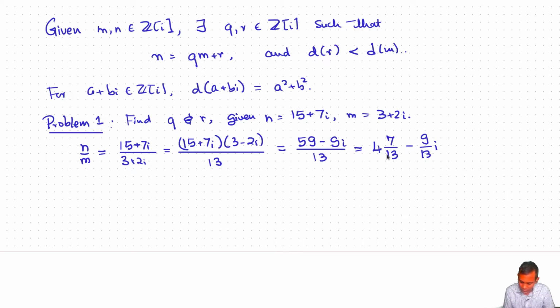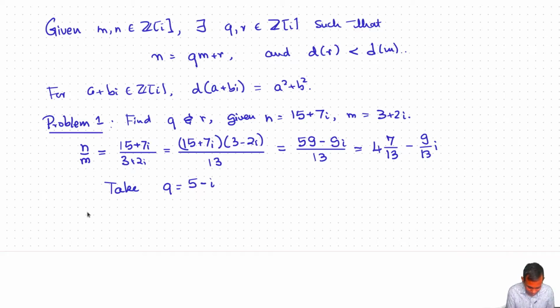So what we'll do is we'll take a Gaussian integer that is really close to this. The nearest integer to 4 and 7/13 is 5. So take q to be 5, and the nearest integer to minus 9 by 13 is minus 1. So let's take 5 minus i,